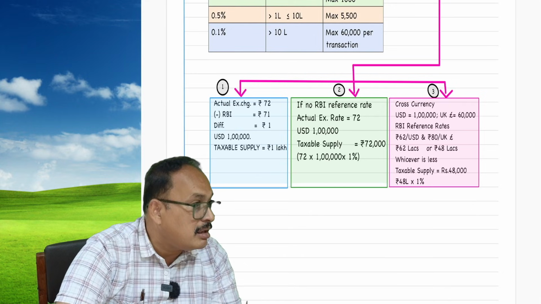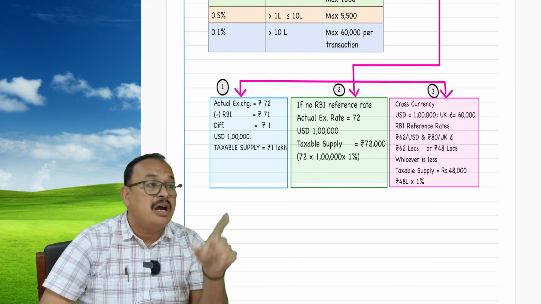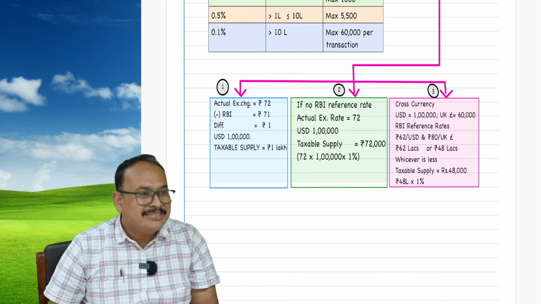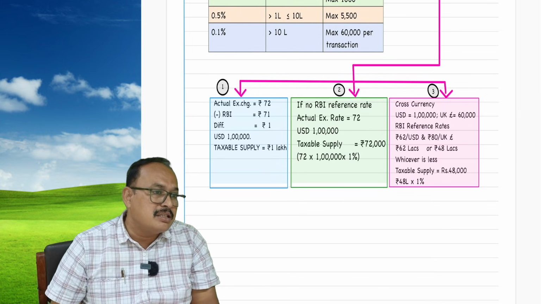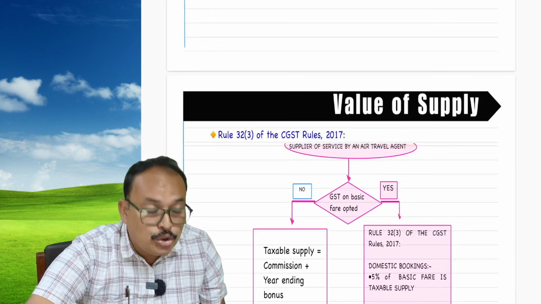A money exchanger is not allowed to pay GST on the commission. A money exchanger is liable to pay GST only on valuation rules, either Rule number 32, sub number 2, class A or class B. Is that clear? Rule number 32,